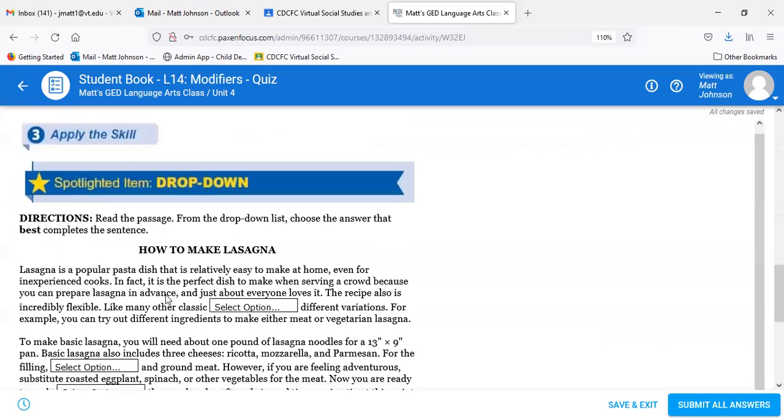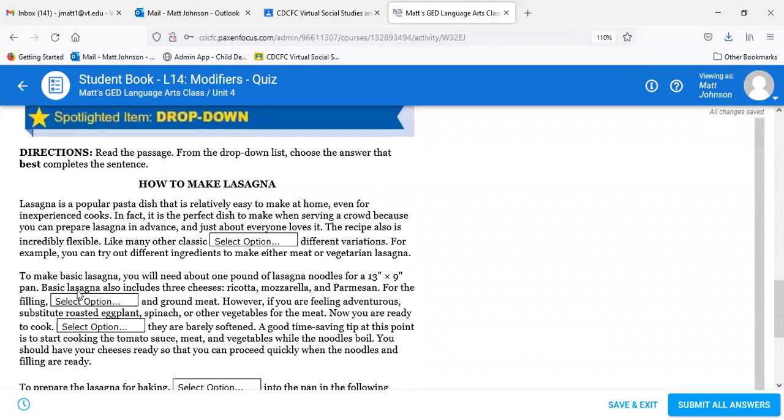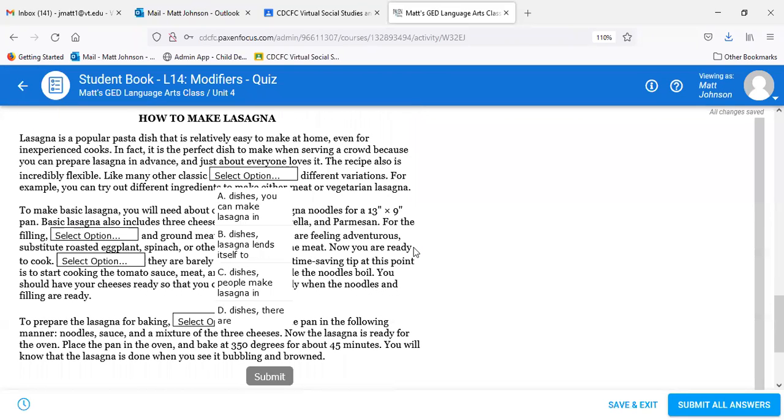Okay, and then moving on to our paragraph here. How to make lasagna. Lasagna is a popular pasta dish that is relatively easy to make at home, even for inexperienced cooks. In fact, it is the perfect dish to make when serving a crowd because you can prepare lasagna in advance, and just about everyone loves it. The recipe also is incredibly flexible. Like many other classic dishes,